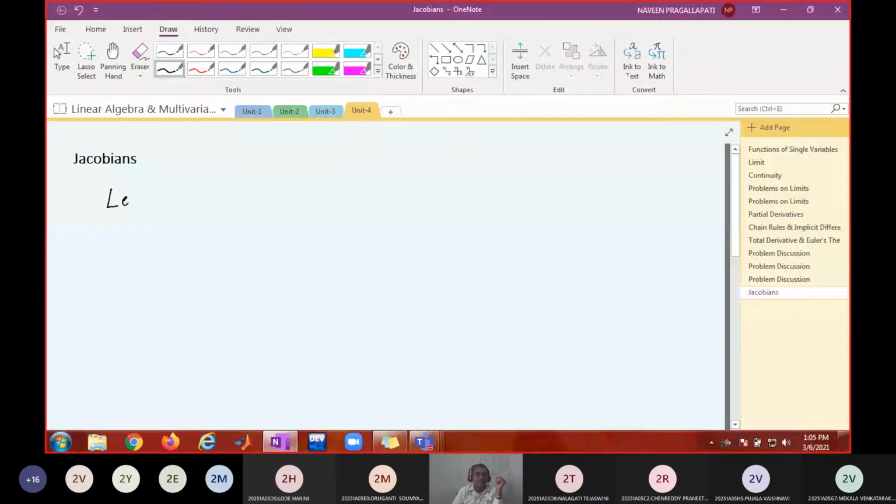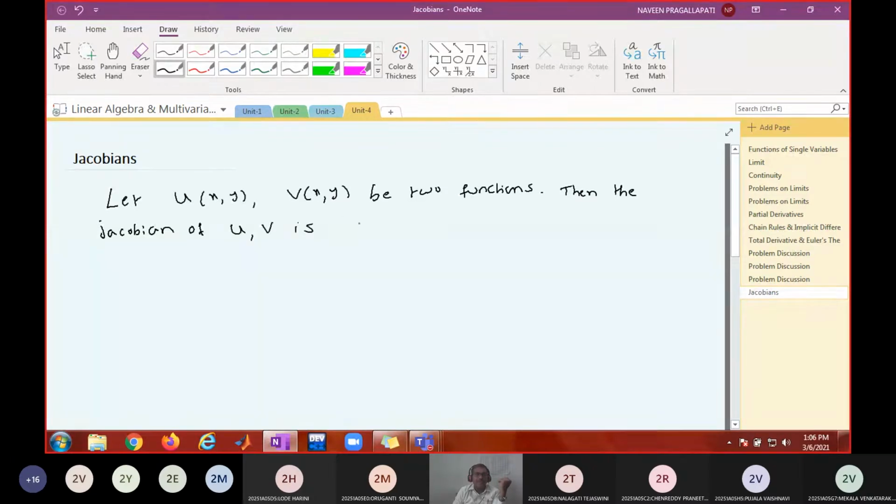Let u and v be two functions of x and y. There are two functions which are functions of two variables. Then the Jacobian of u and v is defined as